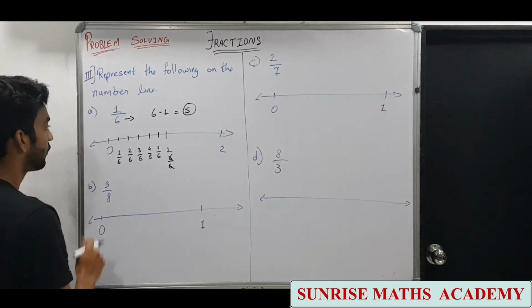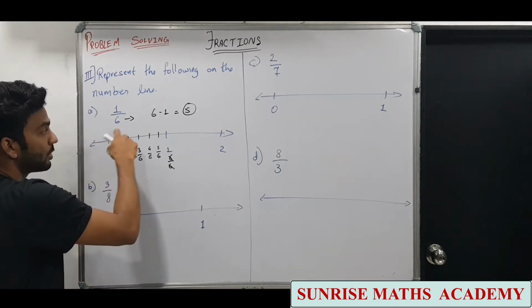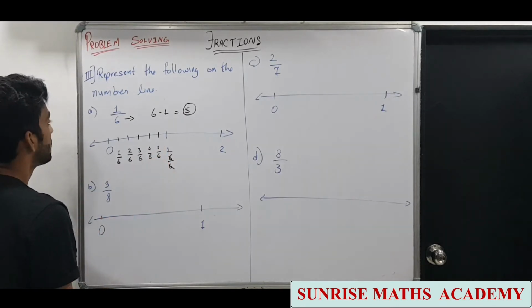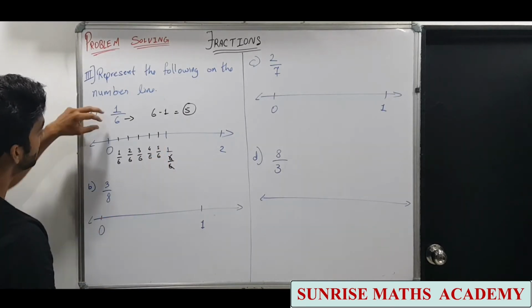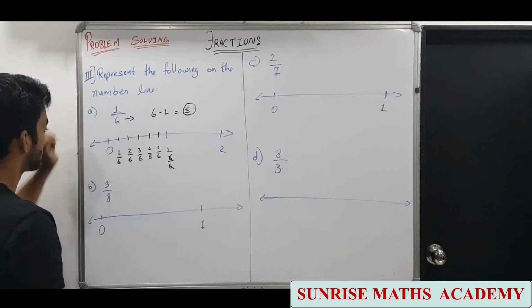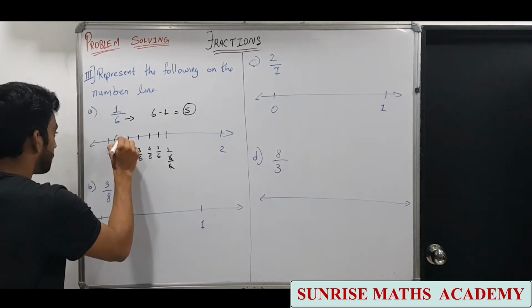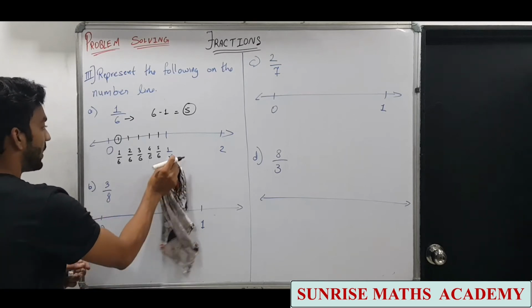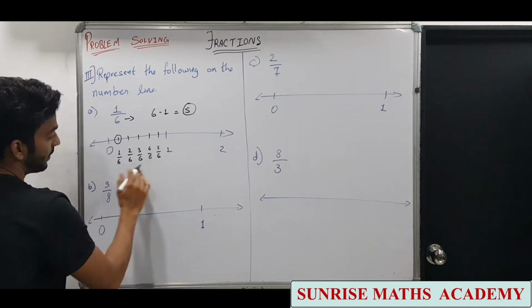So therefore I said, when 6 is there in the denominator, we make 5 lines. 6th line is this already there. And now what fraction we have to represent, 1 upon 6. So that's this point. We don't have to write these fraction values, but just for understanding I have written here.